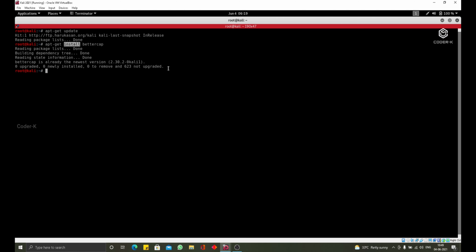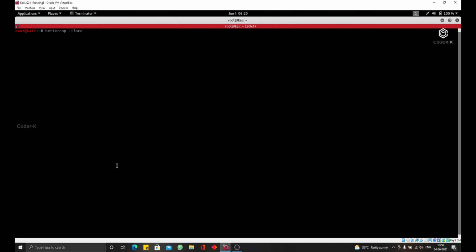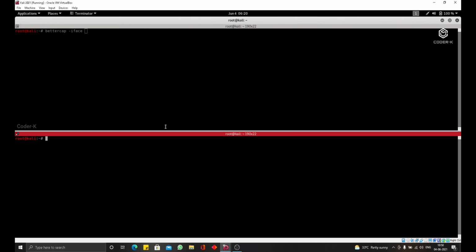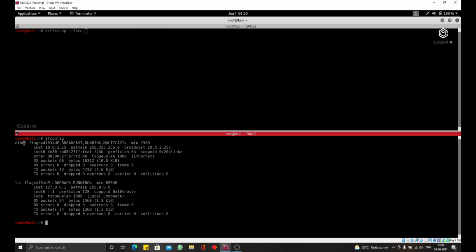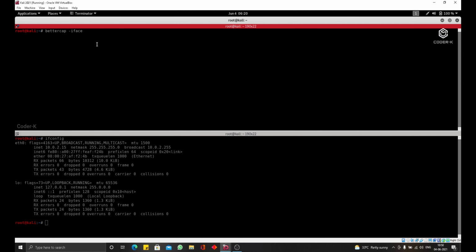So I'm going to clear the screen again. And to run the tool now, I'm going to type bettercap, the name of the tool, followed by -iface to specify the interface that is connected to the network that I want to run the attacks against. And as you know, to get my interface, we can just do ifconfig. I'm going to be running this against my network, which ath0 is connected to, so I'm going to set my interface to ath0. I'm going to close this, and I'm going to hit enter to run the tool, and as you can see now, we are inside the tool. We have a different prompt now in which we can use the commands of Bettercap.